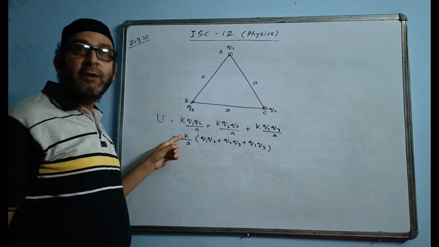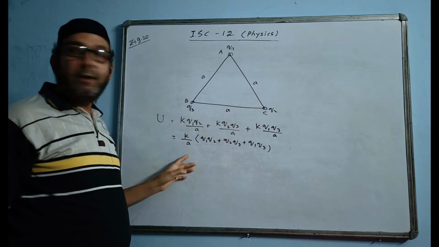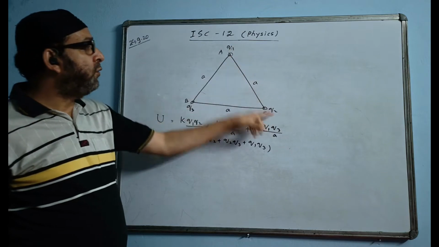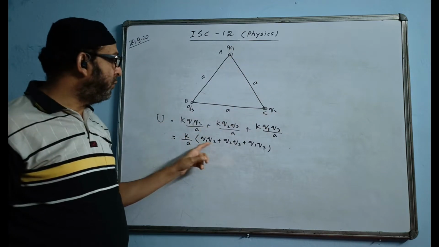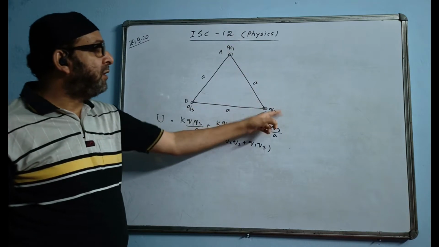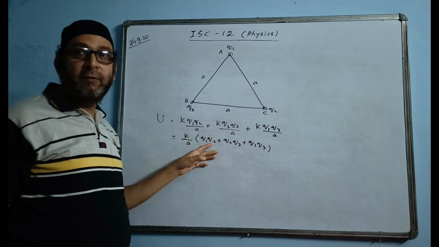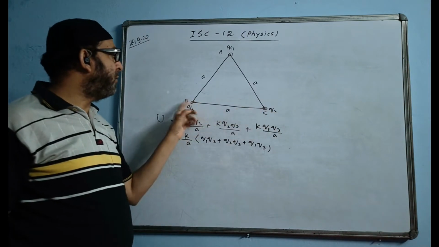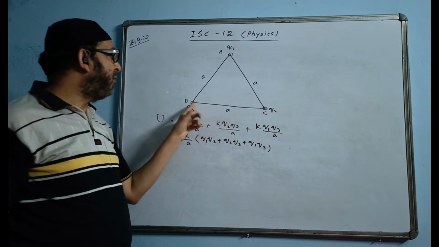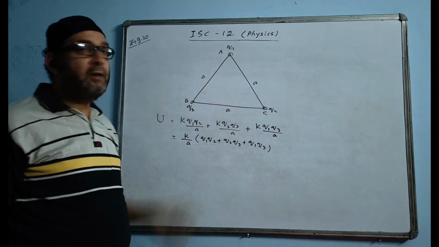K value will be 9 into 10 to the power 9. Suppose A is given as 10 centimeter, we will take 0.1 here. Q1, Q2, so this is 1 and this is 2, and 1 into 2 will be multiplied, which becomes 2. This is microcoulomb, so 10 to the minus 6, this is also 10 to the minus 6. Multiplying 10 to the minus 6 and 10 to the minus 6 becomes 10 to the minus 12. Between these two again you will take, suppose this is 3. 2 into 3 you will do here. And 10 to the minus 6 into 10 to the minus 6 will also multiply to 10 to the minus 12. And like that you will do the calculation.